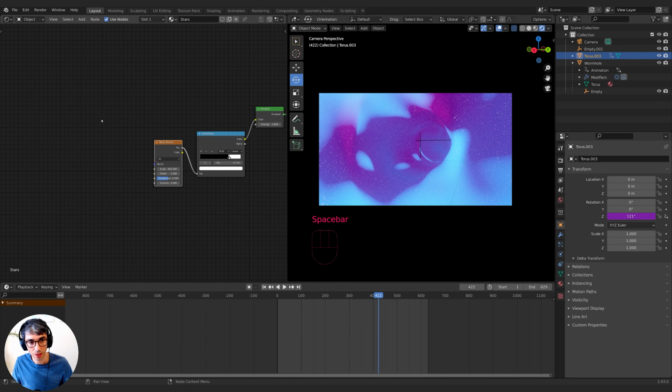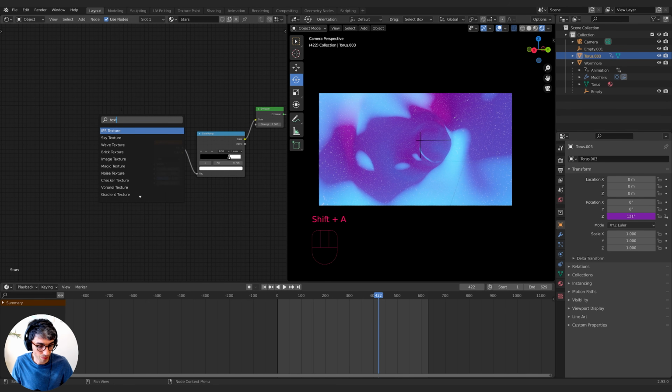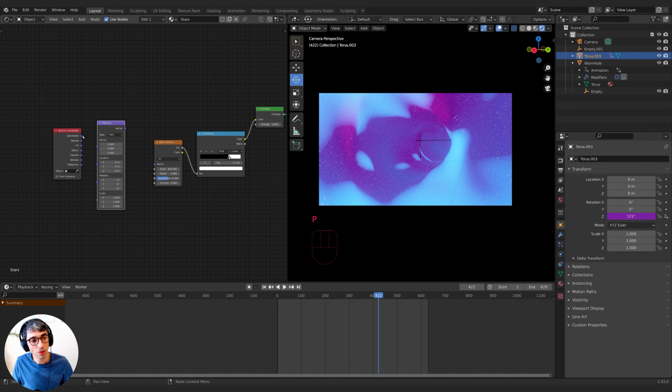Now, another cool thing we could try and do is take a texture coordinate node and a mapping node, and we could drop the generated onto the vector and the vector into the vector. And let's see what happens if we rotate the stars. I'm gonna hold down shift so I can see the effect. I don't know if this is gonna work, but I'm just seeing. Yeah, so rotating the stars, I don't know if you can see that with YouTube compression, but it's basically giving us some weird stretching,